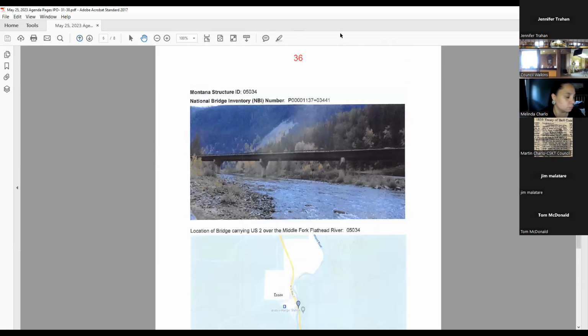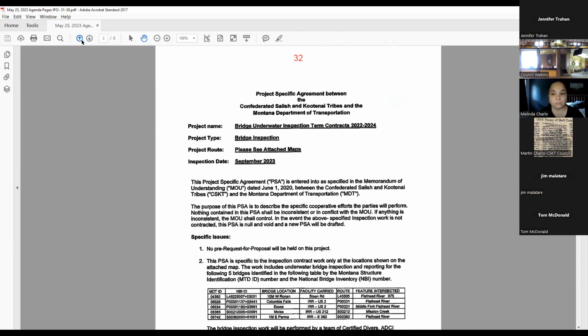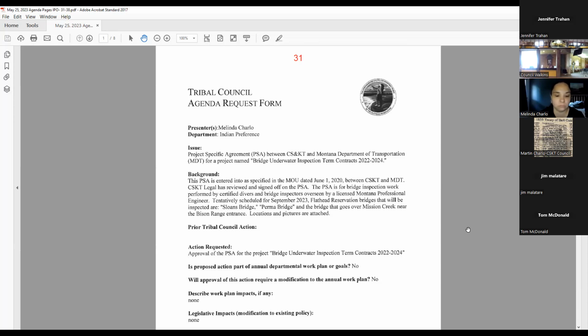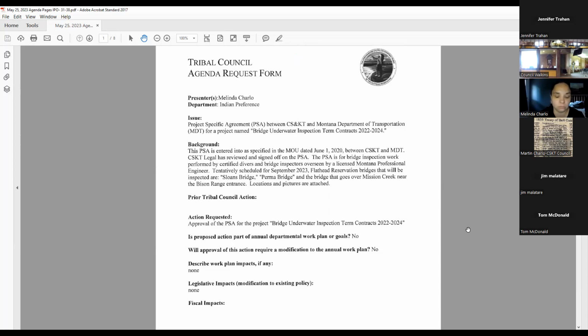Motion to approve. Questions? Terry? Thank you, Mr. Chair. Do they inspect those bridges that the railroads go over as part of this project at any time? This particular one is only those bridges. Those other ones, they might come back on another contract and inspect. Usually the ones that MDT does are any bridges that are on highways. Yeah, so that's why these ones are on here. These are highway bridges.